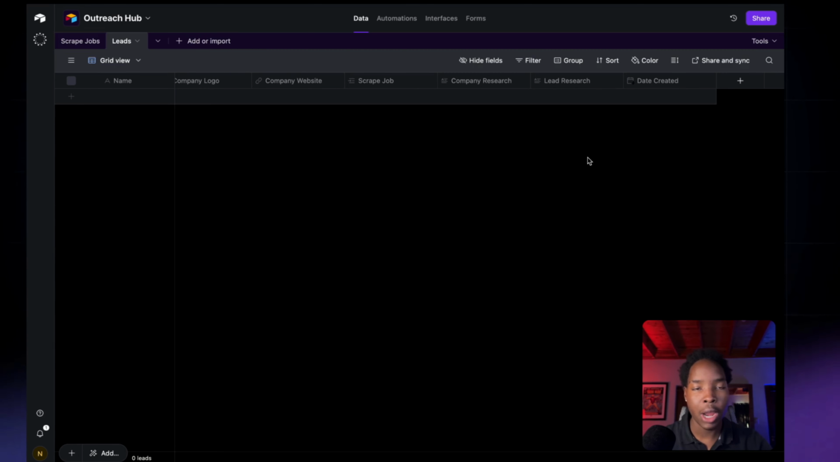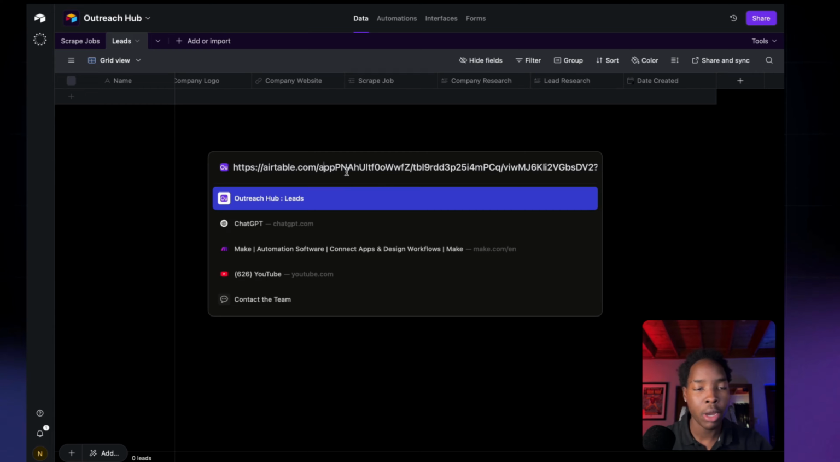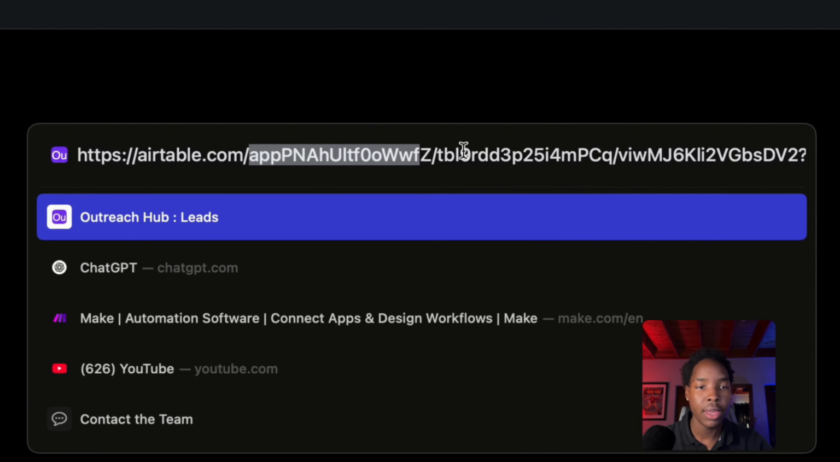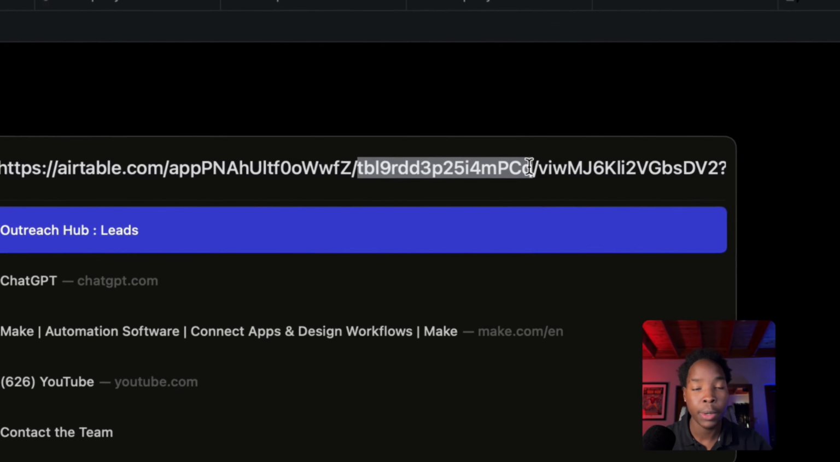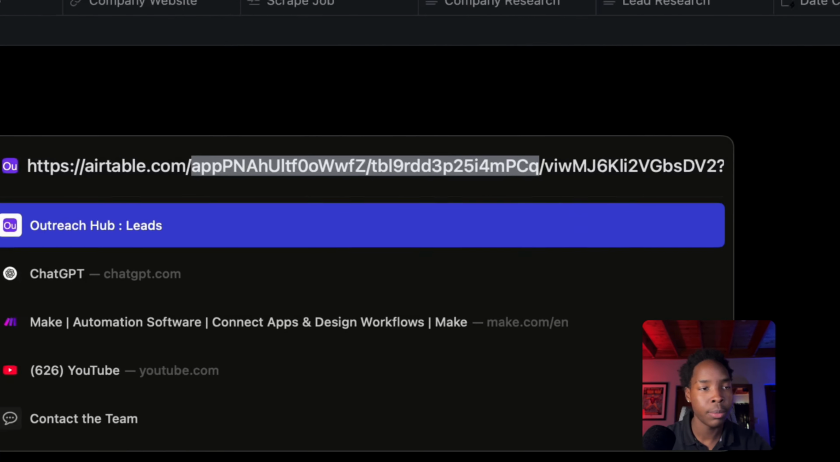So to do that, you're going to grab the link of the Airtable once you're on the web page, and then you're going to see this app part here. This is the base ID, and then this part here is the table ID. I'm going to grab both of those. You're just going to highlight them and copy that to your clipboard right there,